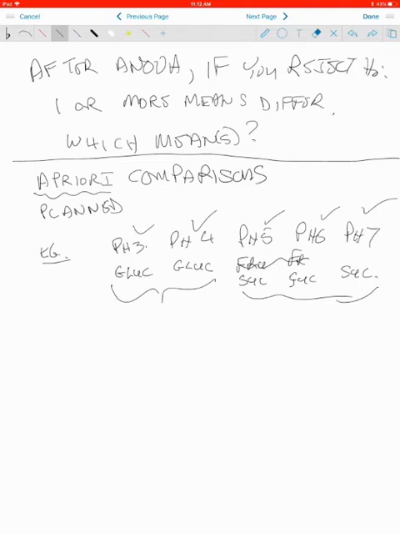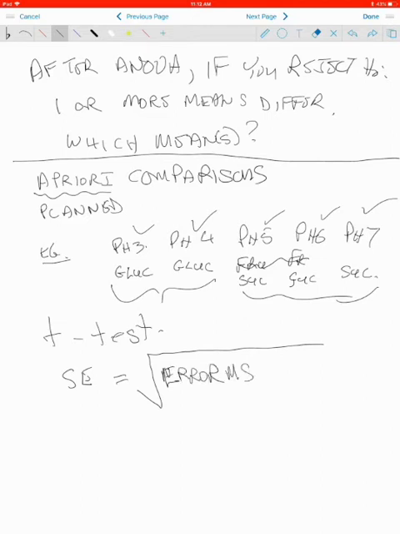Okay, so let's imagine that was part of the plan, to compare the one-ring sugar glucose versus the two-ring sugar sucrose growth. And to do that, you effectively do a modified form of a t-test. What you need is the standard error, and that's given by the square root of the error mean square. So I would go back, look at my ANOVA table, and pull out the error mean square right out of the ANOVA table